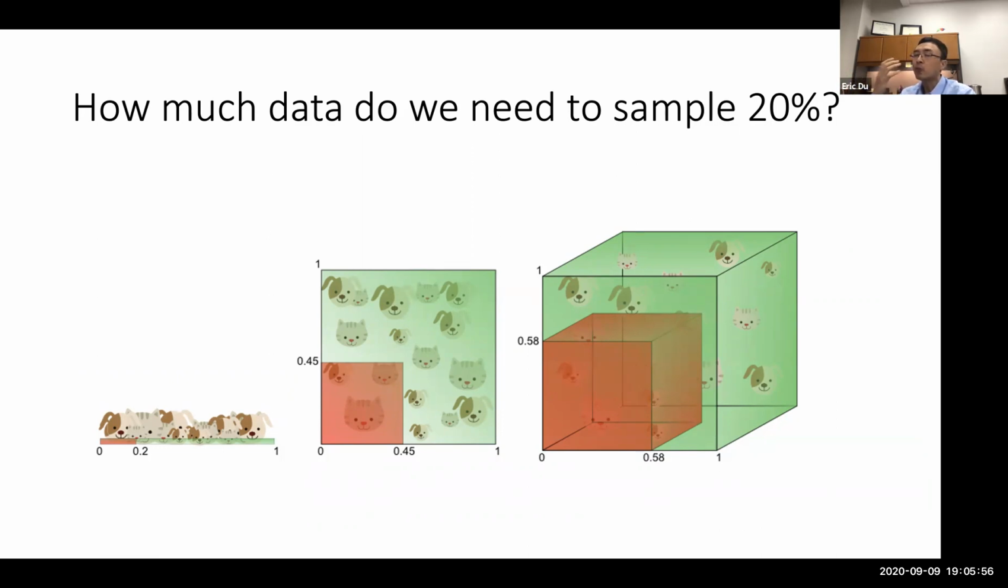I want to have a 20% coverage. If I only have one dimension, like one x in my formula, that's easy, right? I just need a 20% amount of data. Now, if I increase that to a two-dimensional space to still have 20% coverage of the entire data, for the